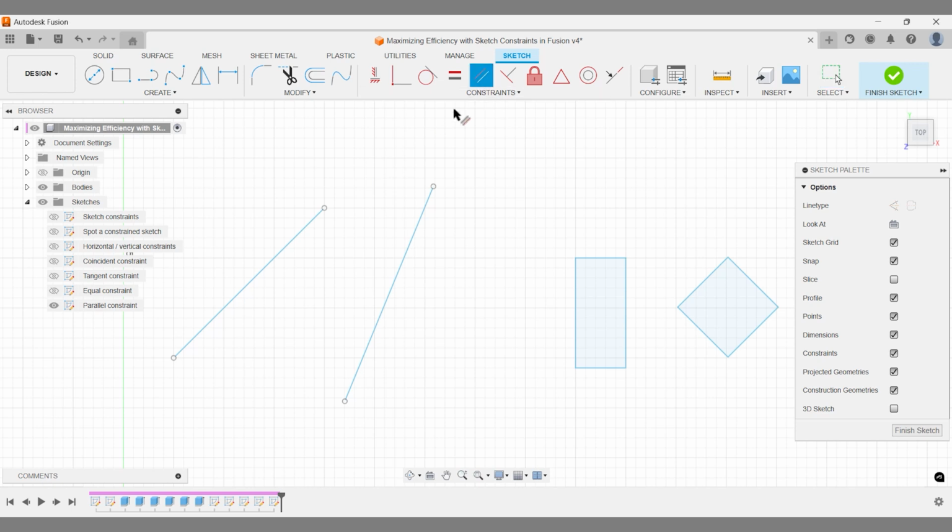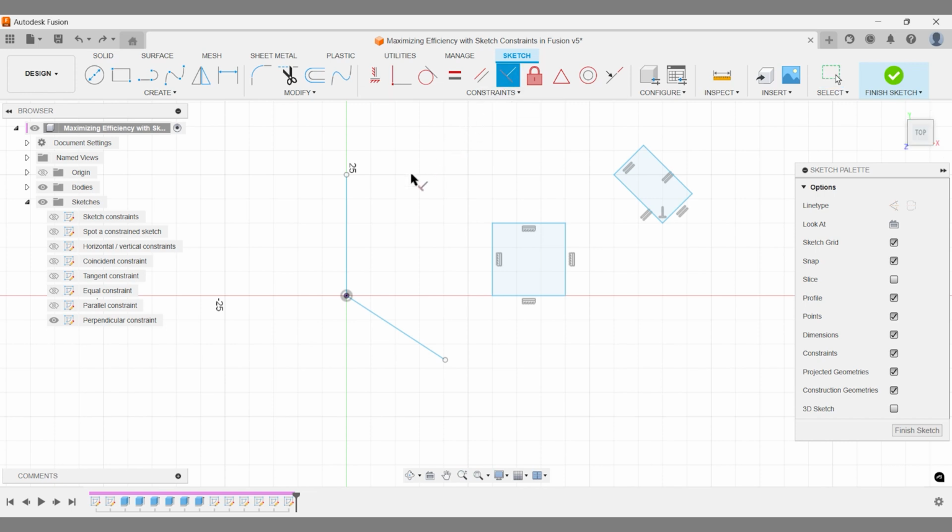Parallel constraints. These simple but powerful constraints ensure that your lines are parallel to each other. They are invaluable for keeping your sketches precise and organized. Perpendicular constraint. This constraint quickly aligns your selected sketches at a precise 90-degree angle to each other, saving you time